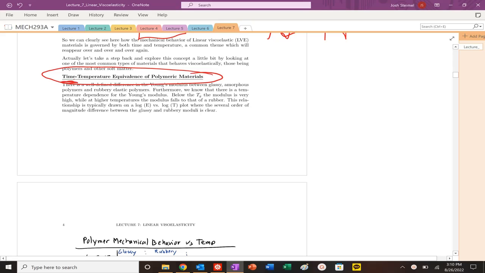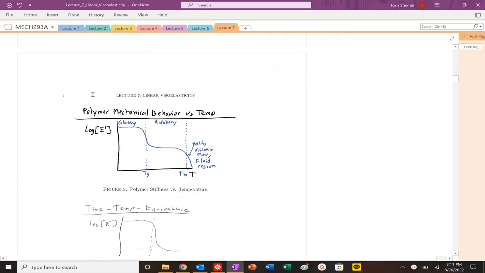All right, we are back and we're going to talk about time-temperature equivalence of polymeric materials. So remember, time-temperature depends on rate, so strain rate, on polymeric materials in addition to time and temperature. So we know below Tg, we should expect our Young's modulus to be high. As we increase temperature, we're going to see a transition from a glassy amorphous state to a more rubber-elastic